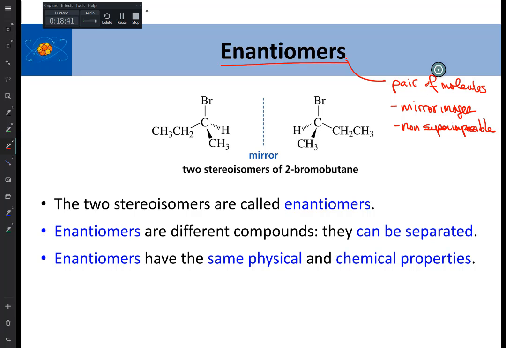Okay, so enantiomers are different and they can usually be separated from each other. But here's the thing, their physical and chemical properties are exactly the same. So you can't usually separate them by distillation, or through filtration. There's chromatography, we'll talk about that more. They're hard to separate based on their physical and chemical properties. They'll look the same. They don't smell the same, actually, but they'll have exactly the same boiling point, same density, same viscosity, all that will be the same. How do you think we separate